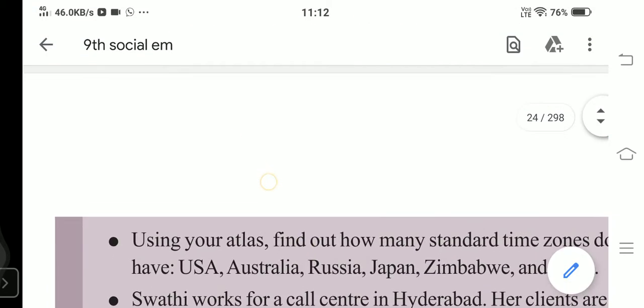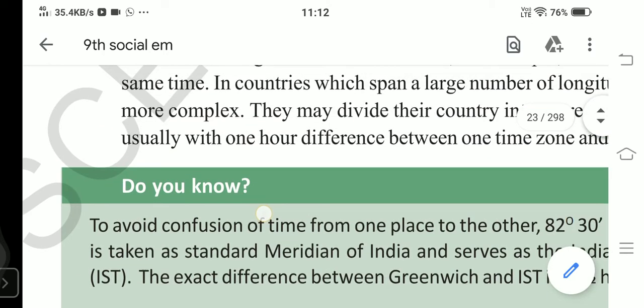The time is just 5 minutes, so we cannot go for the next topic. So I am revising the main points for you. We have seen the latitudes. Latitudes are horizontal lines which are called parallels as they face one another. Then there are 180 latitudes excluding the equator. Among all those, some important latitudes are there.